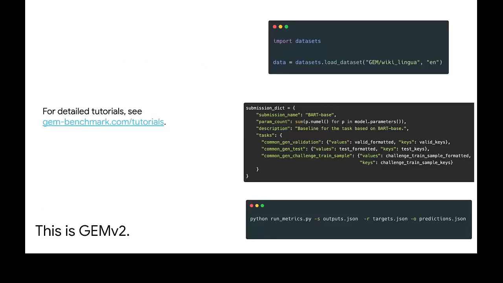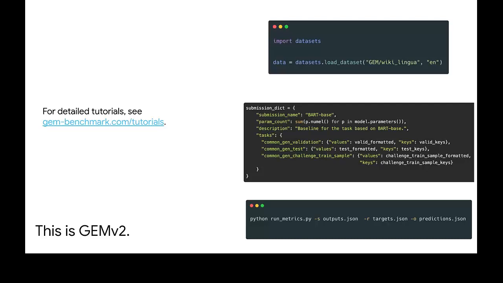Really, what I want to implore you to do is just use our infrastructure. We've tried to make it as easy as possible for you. For loading the data, all you need to do is import the datasets library and say load_dataset gem/whichever of the 35 datasets you want, plus the configuration.